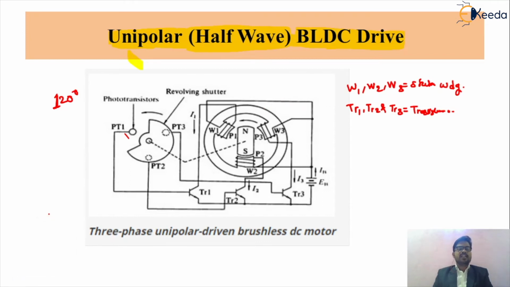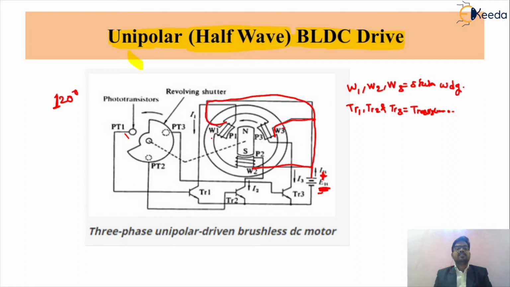We are giving the supply, positive supply and negative supply. That supply will be given by an external source, which will be a DC source. That is the positive supply given to one side of your winding. This positive supply we can draw, and it will be given to one side of winding W1. Similarly, we give this supply to winding number 2, and similarly to winding number 3. So friends, this is the first part.